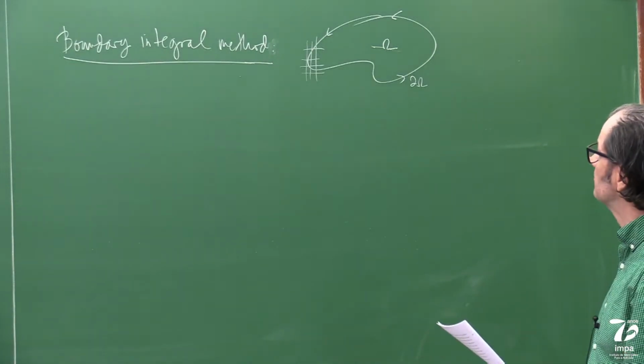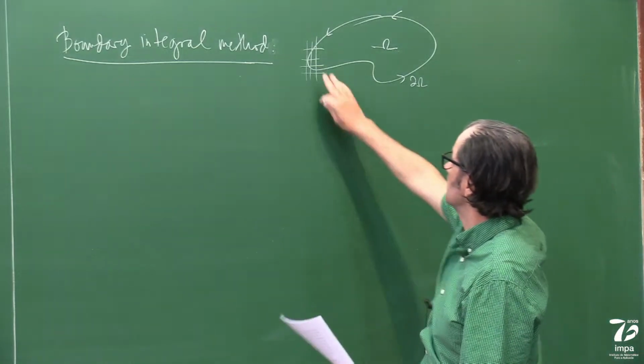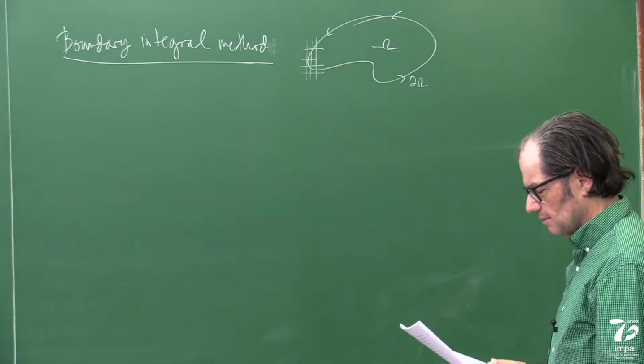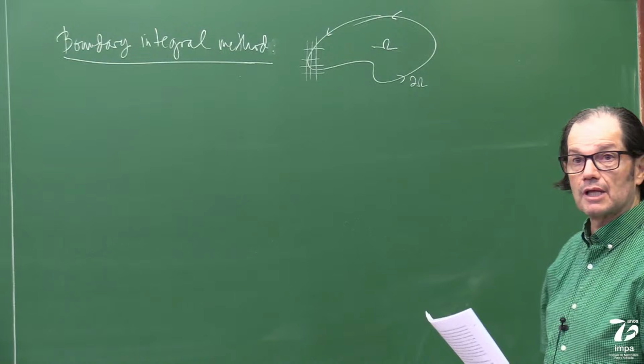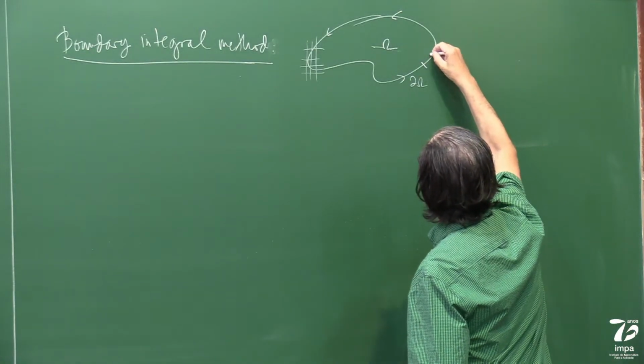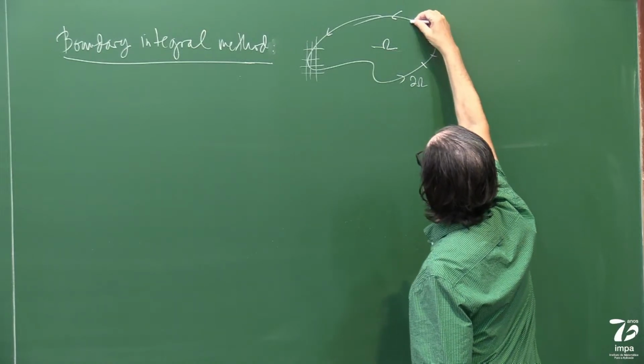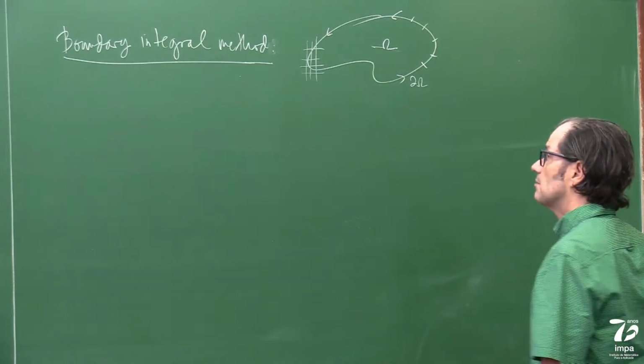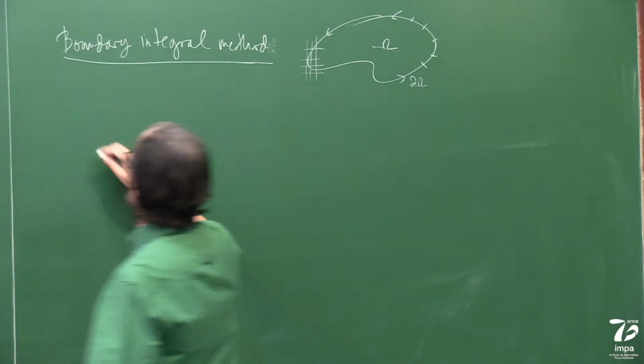But let's see a boundary integral formulation. So let me leave it. Okay, I'll leave it like this. But we're not going to use a grid like that. Okay? So we're going to end up having a grid that's only along the boundary. So basically we're going to